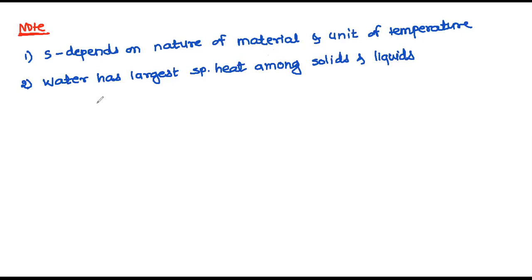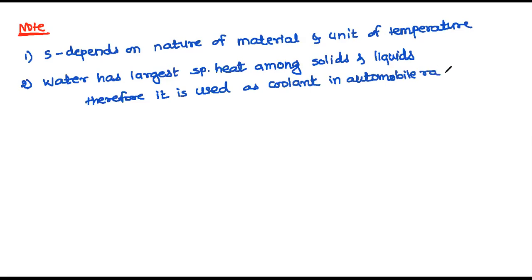Therefore, it is used as a coolant. हम coolant के लिए use करते हैं. Used as a coolant in automobile radiators. You see, if truck engine or car engine, particularly car engine, they are using water for cooling the engine purpose, yes or not? There will be one fan and all. So why are we using that? Because water has high specific heat. Okay, next one,